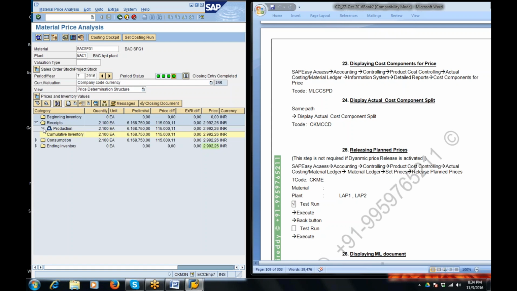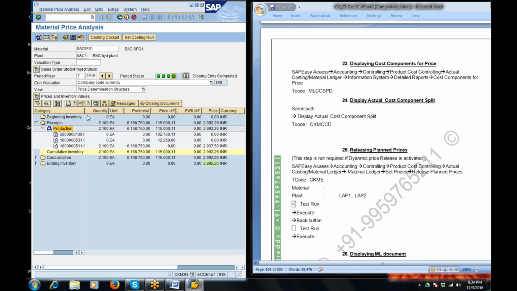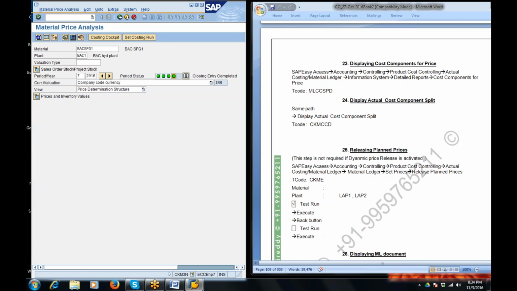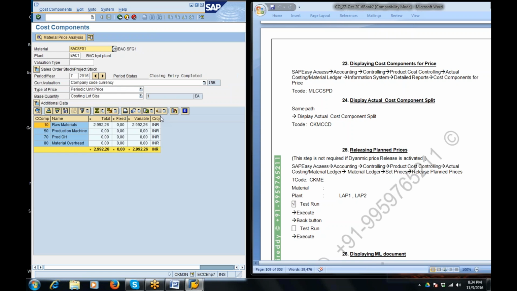And you can display cost component split from here, production. Okay, it was showing like this. Actually, if you look into the cost component split,